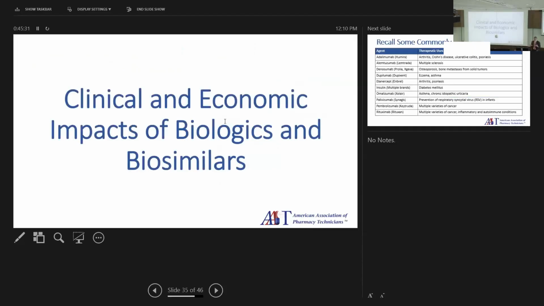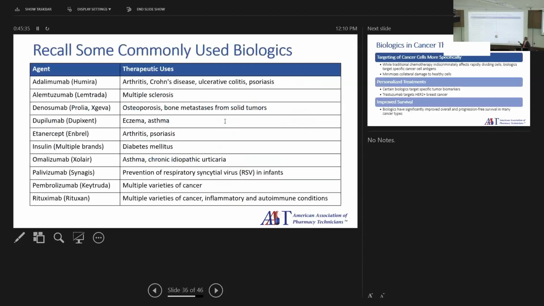What are some of the exciting impacts that they have made on our patients? So we recall some commonly used biologics and biosimilars. Adalimumab or Humira has been effective in treating arthritis and Crohn's disease. Alemtuzumab, beneficial in multiple sclerosis. Denosumab is a popular treatment option for patients with osteoporosis. Eczema, arthritis, psoriasis, asthma,